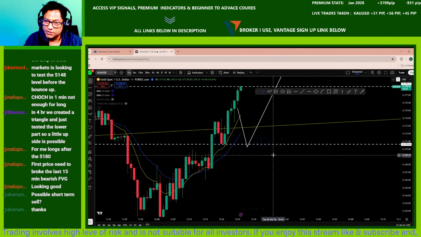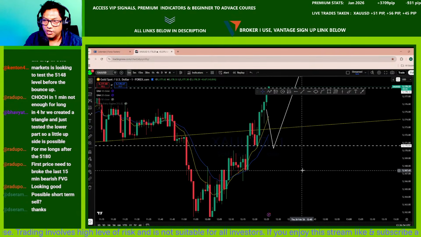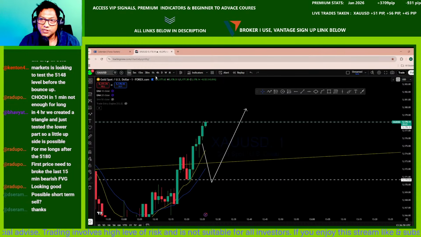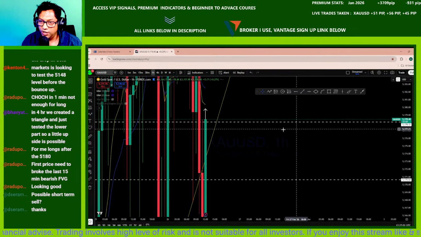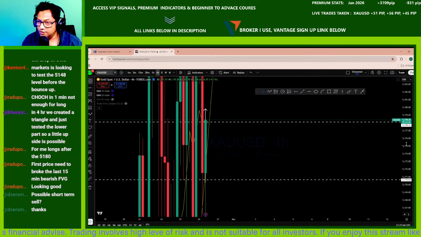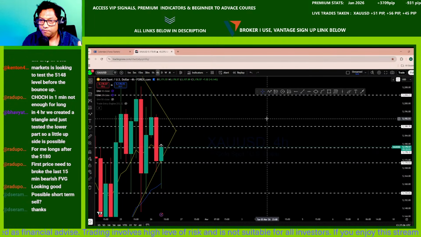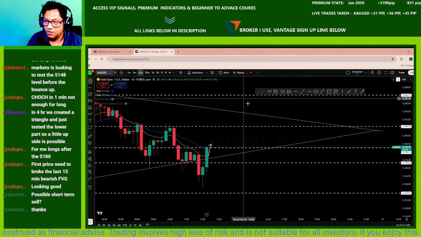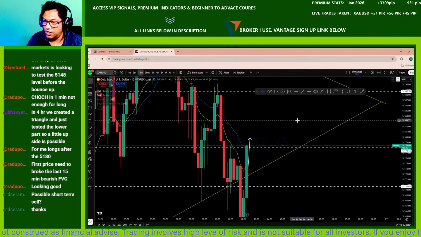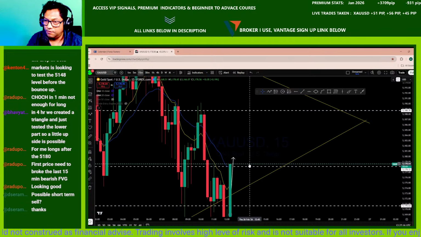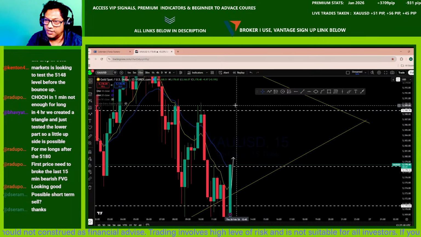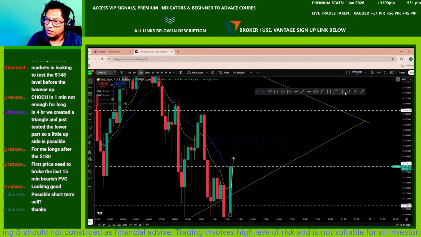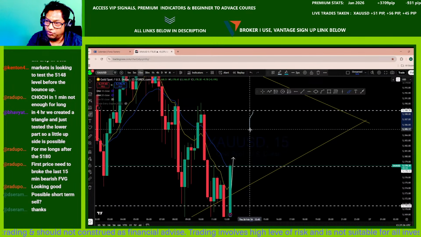Okay, so as we discussed, with this reversal it didn't look back and maintained its uptrend. So for us to be able to look for any entry, we are looking at this market to give us a potential opportunity. We are looking for a move here. There is an imbalance. If you look at this, it is a bearish fair value gap. Now the market is approaching this bearish fair value gap.